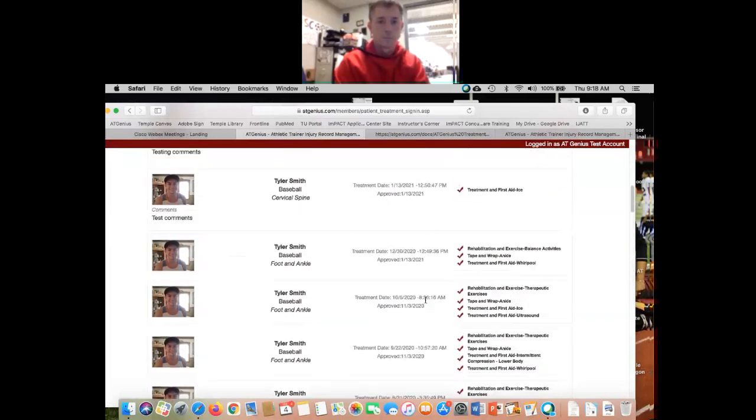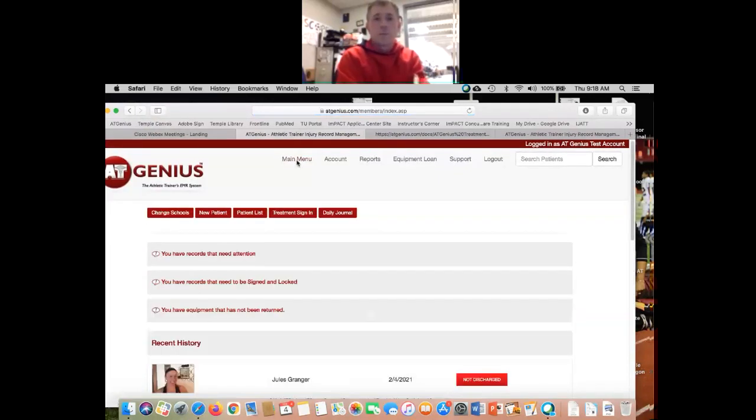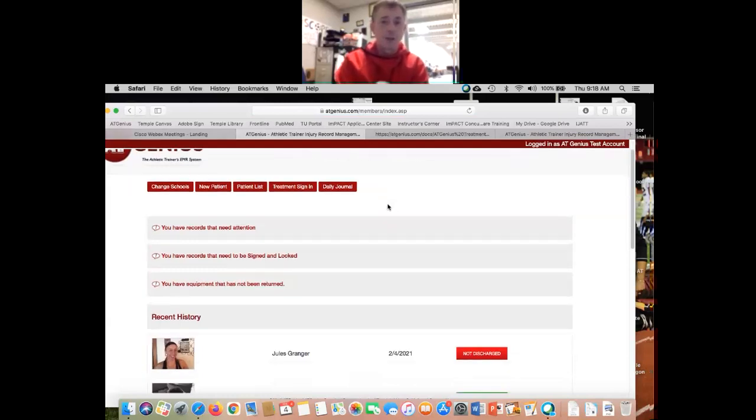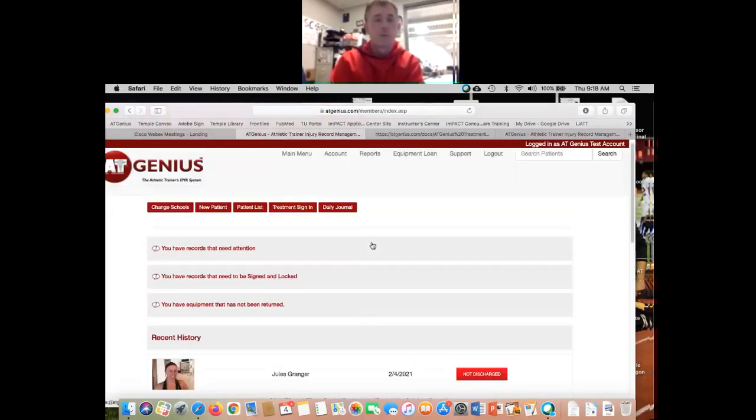All right, so that's treatment sign-in, and it's pretty easy to use, and you just got to reinforce with the athletes to scan their QR code when they're done their treatment. When you send the athlete a rehab card, they can check off that they did it, and does that come back to us? I guess we just saw it. Is that what they did? Did they check off? Yes. Okay. And when you go into their file,